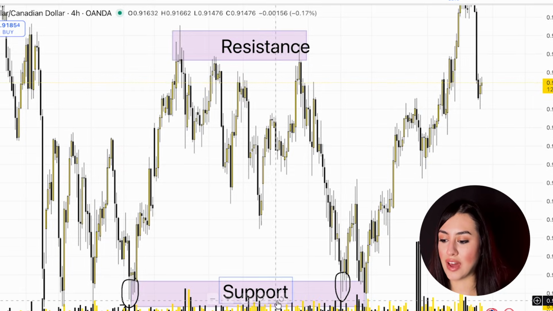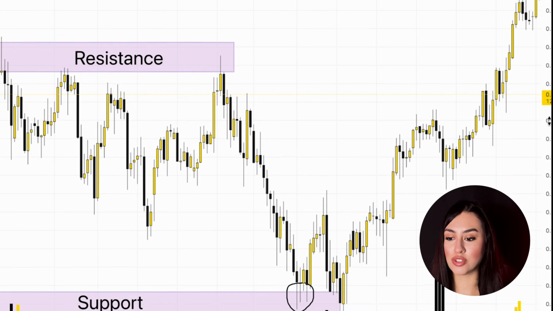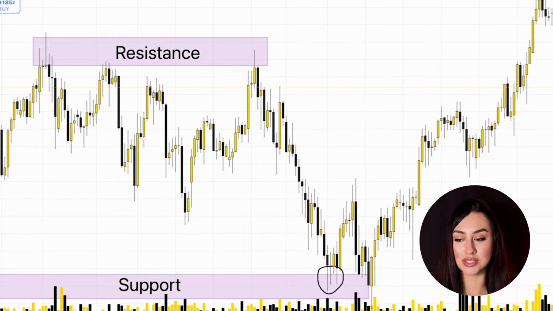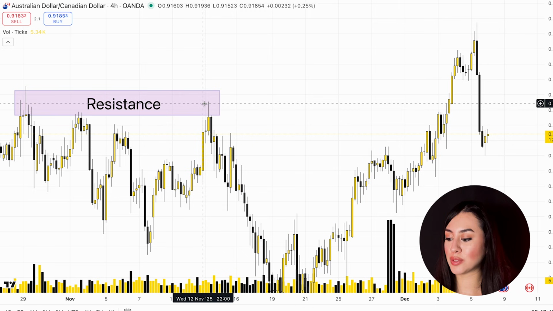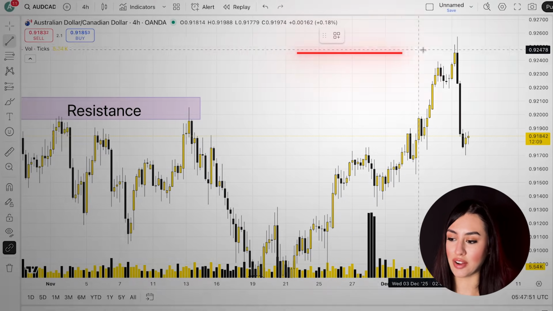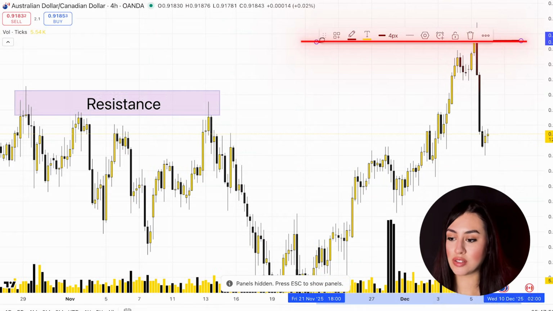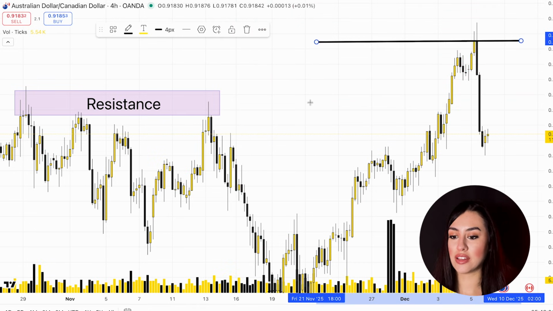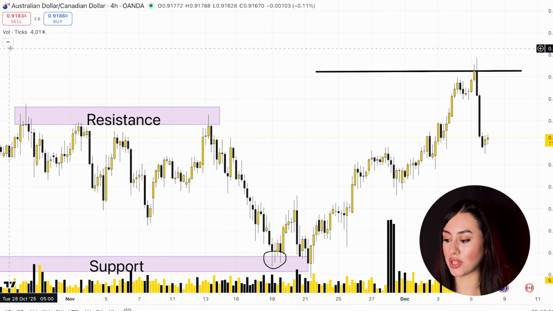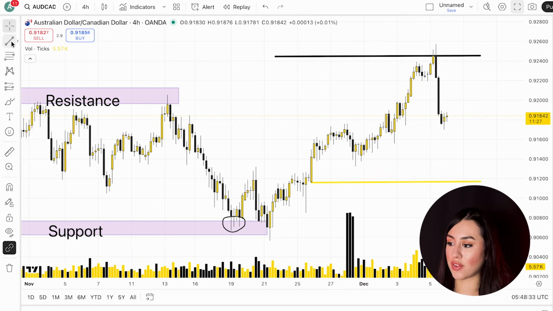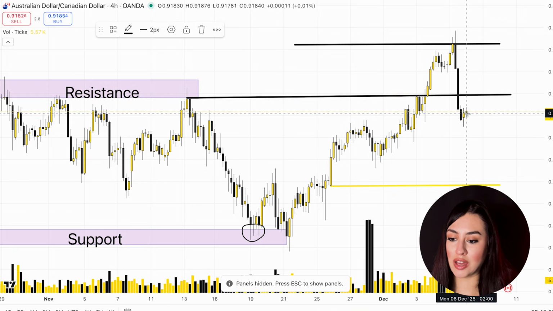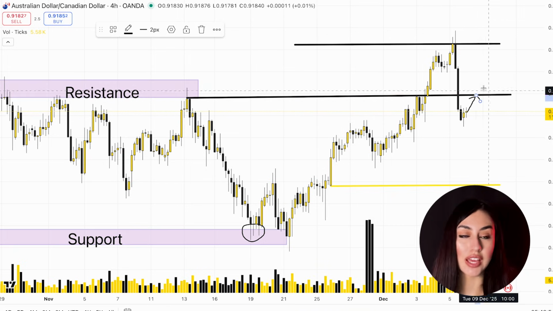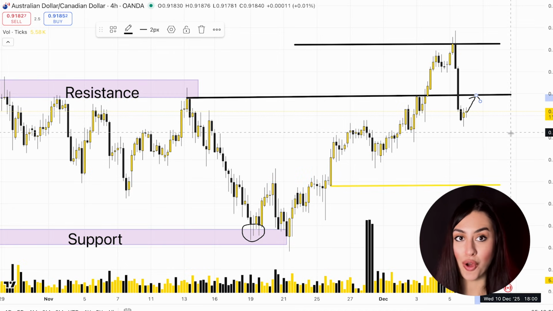So what happened after AUD/CAD broke through our resistance zone? Because right here it broke through our resistance zone after price touched our support zone and cleanly bounced up again. Well, as you can see here, we are now in a new resistance area, and then price came down again. So if I were going to take a trade on AUD/CAD, I would either wait for price to come below here for a buy, or if I wanted to go for a sell, since I know this is my resistance area, if price comes back up here and it does not go above this area, I would jump into a sell. But if it broke that area, I would jump into a buy,